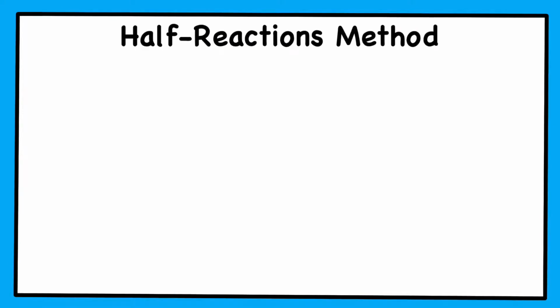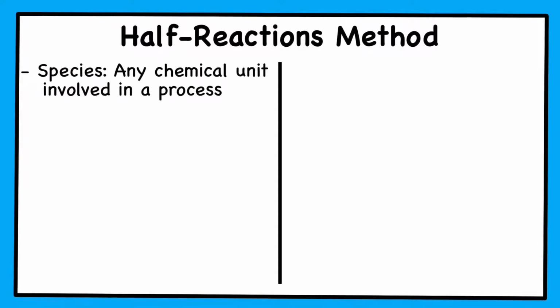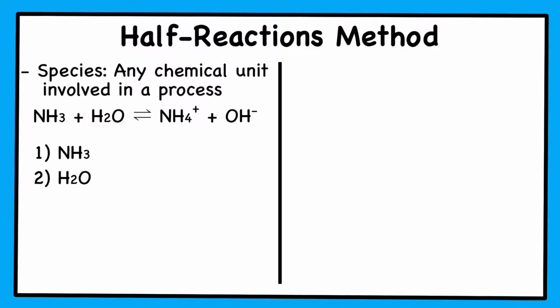Okay, so that's one way to balance these types of equations. Now let's start talking about balancing half reactions. In chemistry, a species is any kind of chemical unit that is involved in a process. In the equilibrium equation of NH3 plus H2O at equilibrium yields NH4+ plus OH−, there are 4 species. The first is NH3, the second is H2O, the third is NH4+, and the fourth is